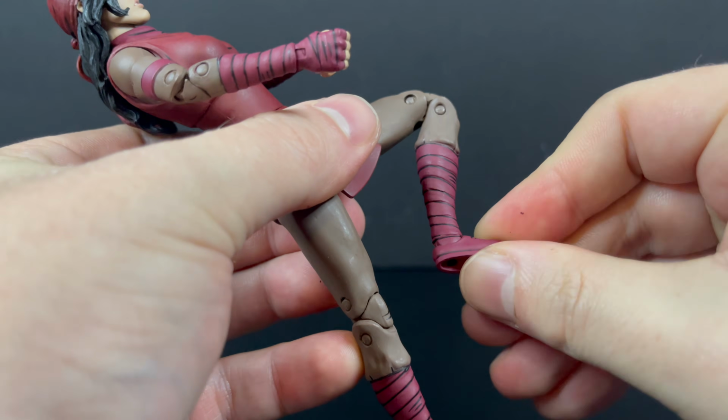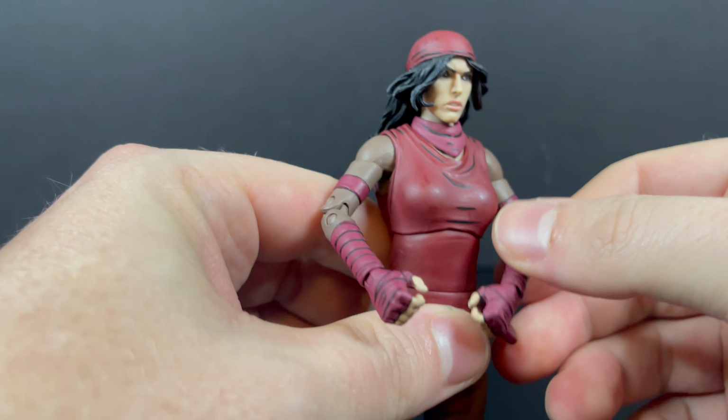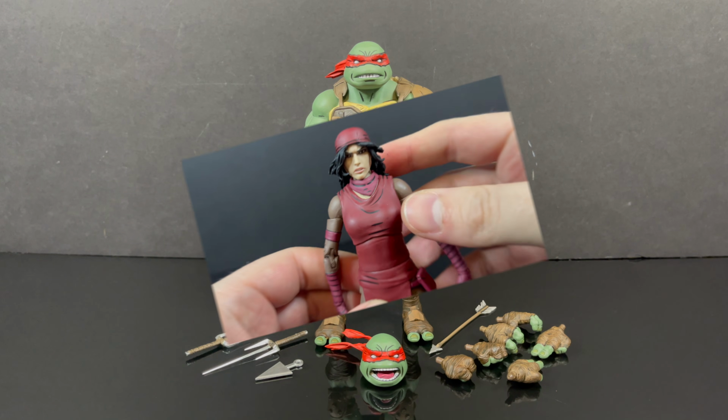But yeah, that all works. Didn't have to heat that up. Just go really easy when you swap the hands and the arms and that sort of sitch. Now, over on